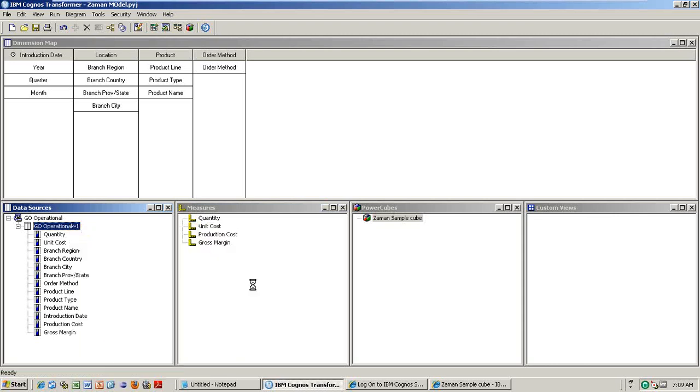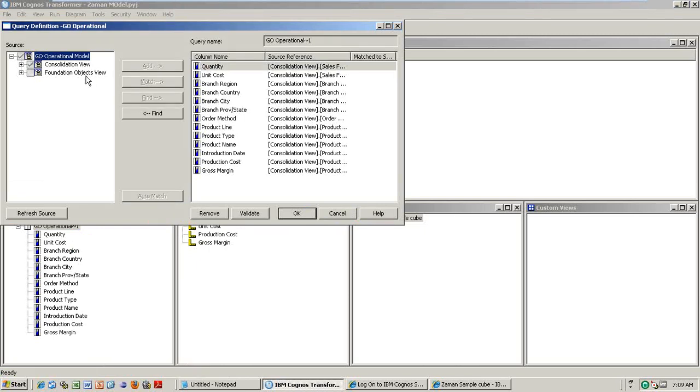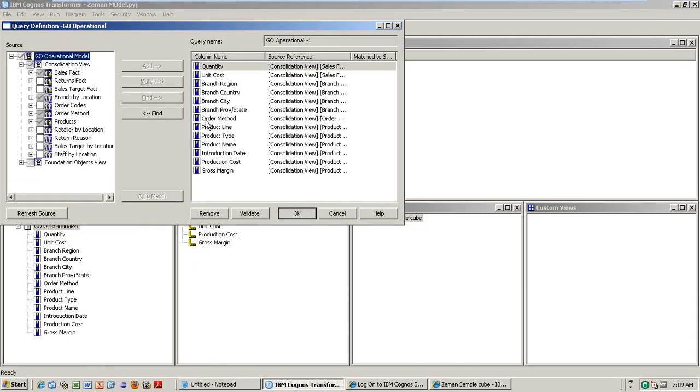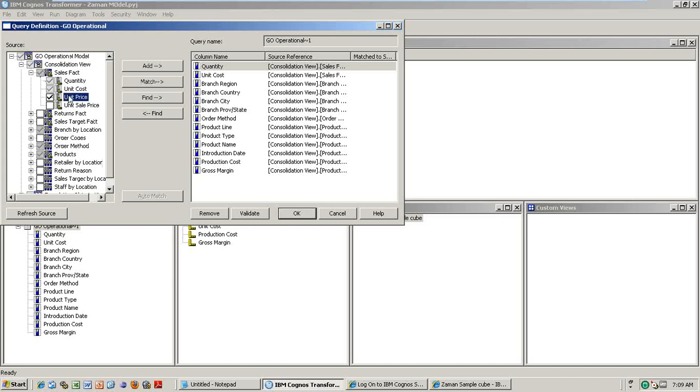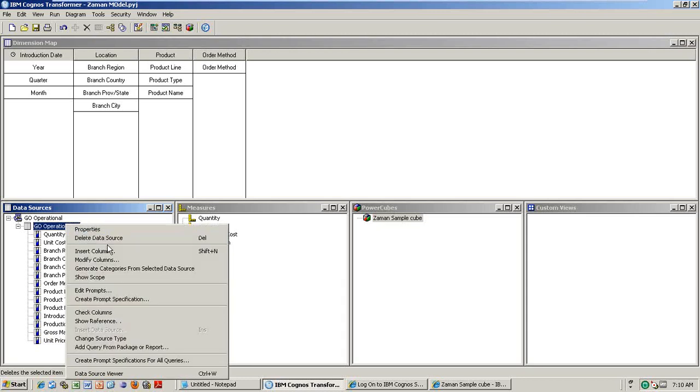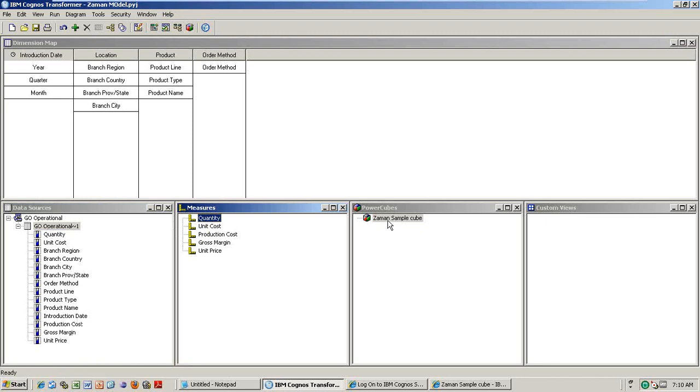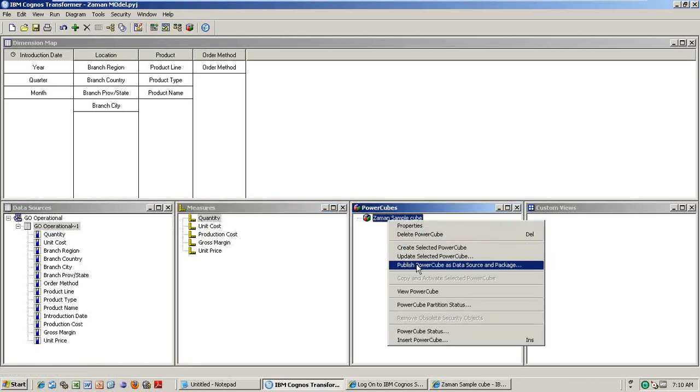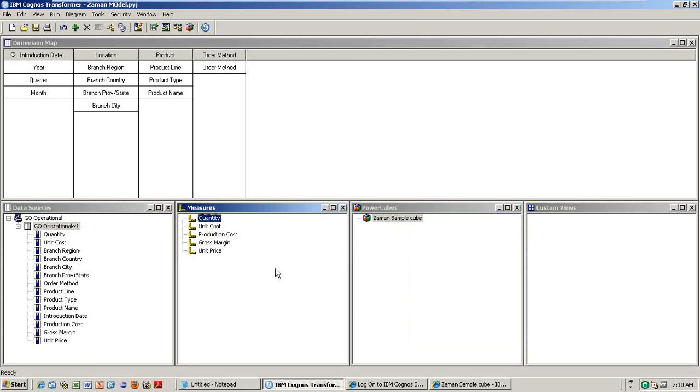Now right click, modify the columns. What do you mean by modify the columns? Say previously you dragged the columns, right? These are the things when you were creating. You can add some other column, add unit price also, or delete or remove something. Whatever columns you selected, now unit price is also extra. You can drag and drop them. That means in future maybe I am expecting some other columns. Then go to the model, right click and modify the columns, take it, and just rebuild the cube once again and then publish. Then automatically the extra column which you added will come, right?